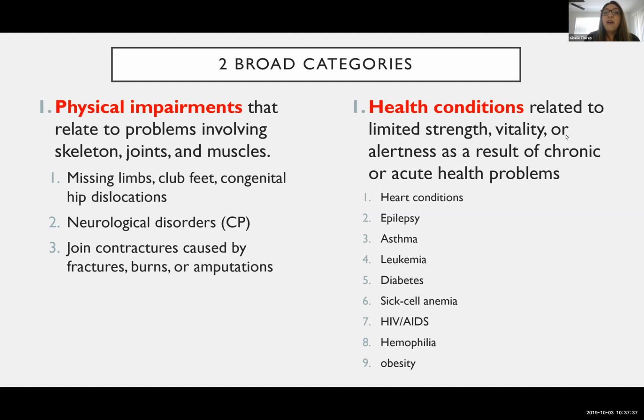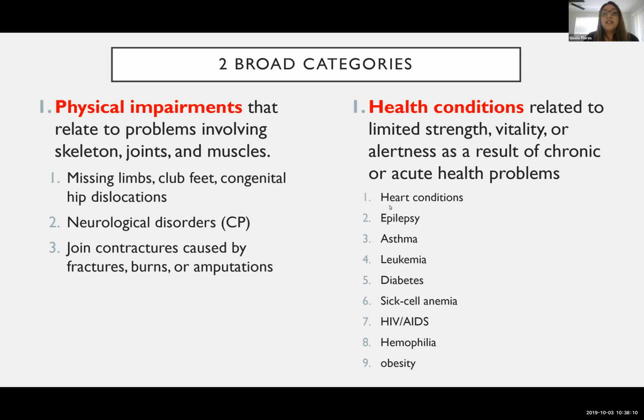When we talk about health conditions, when a child is experiencing a chronic health condition, it limits their strength and vitality. So you often see children who are overly exhausted or overly tired in the classroom. Maybe they're so drained that they can't make it to the actual classroom. They're on maybe so much medication that it's hard for them to focus and stay alert, so you see them kind of dozing off or daydreaming.